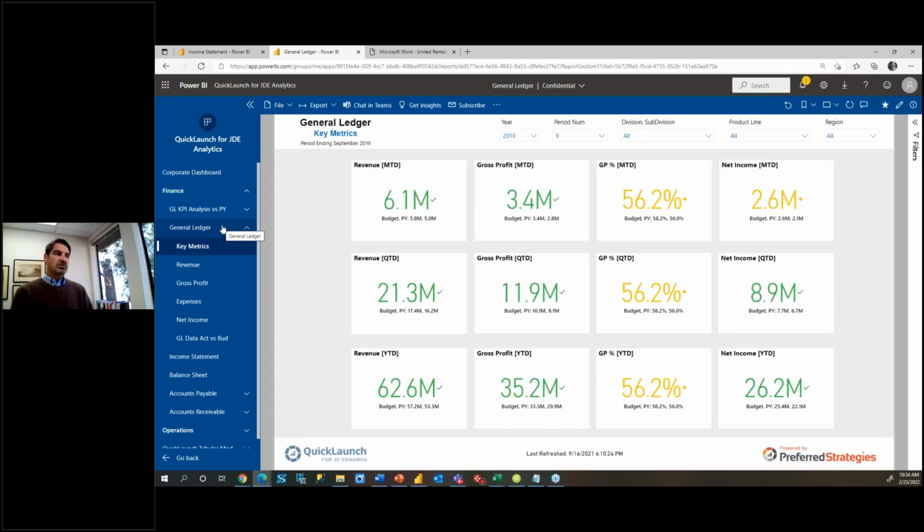So in this case, you'll notice we've got revenue, gross profit, net income, budget, prior year, so we can kind of see how we're doing. If I were to go up here at the top and choose maybe within the region, you would have your own slicers. These are called slicers in Power BI. So I want to see this view of the data, maybe not all consolidated. I can click on central, or I can click on west,